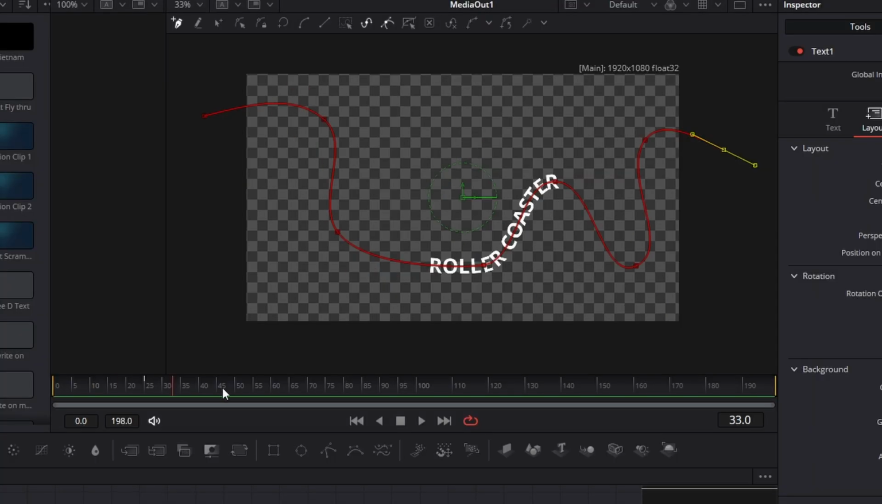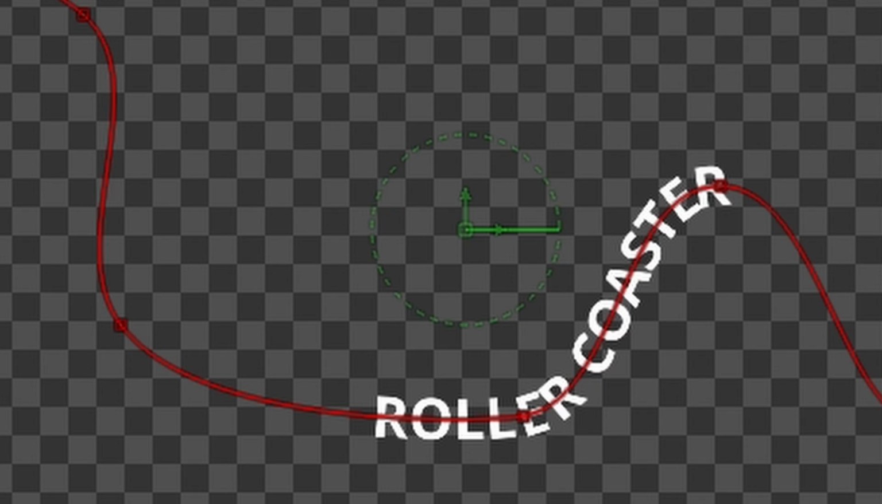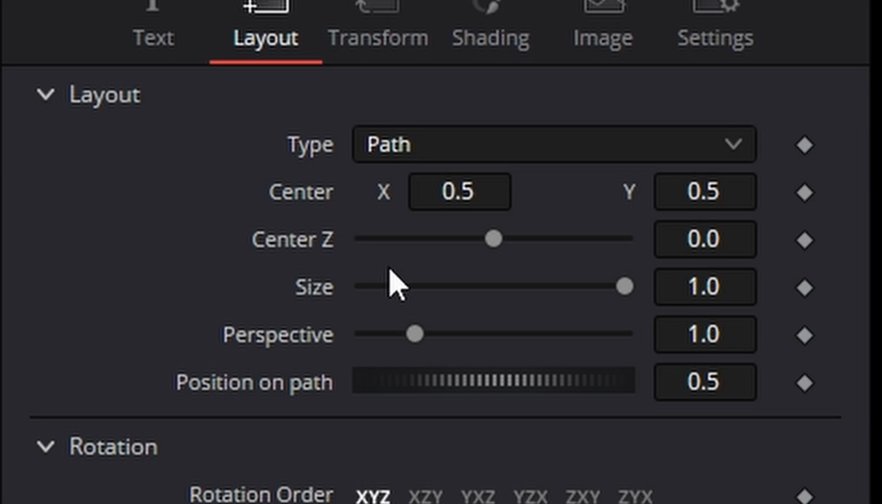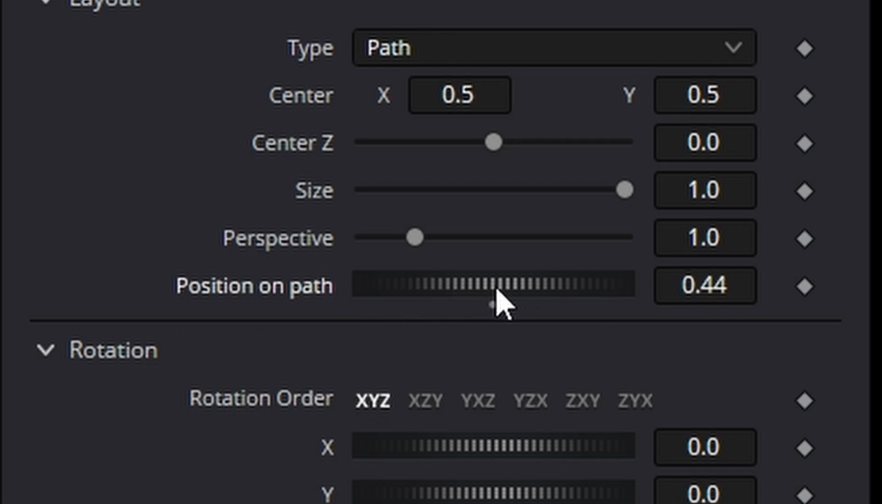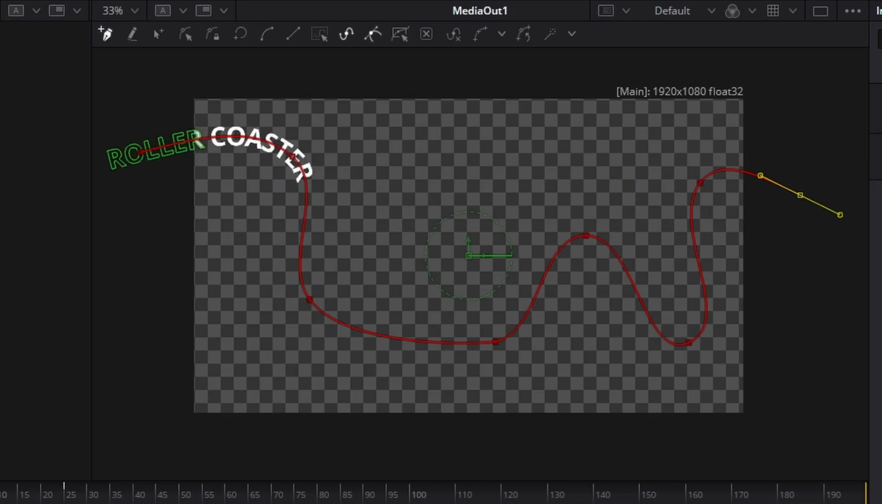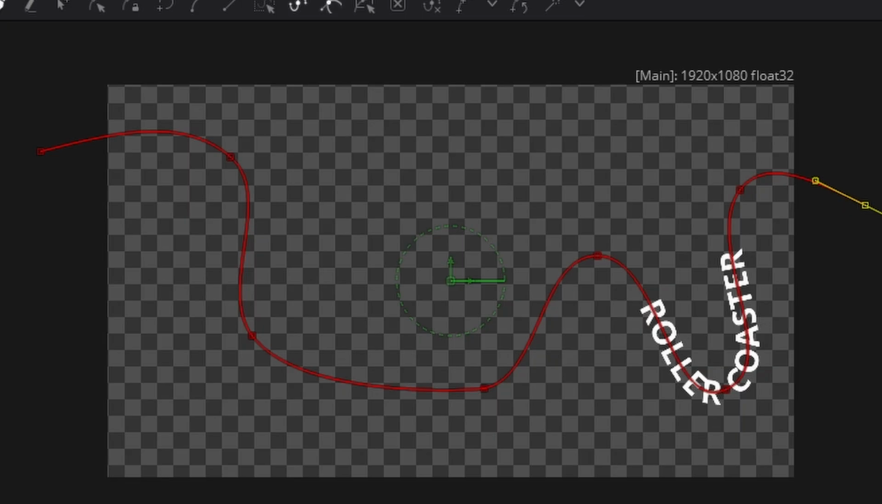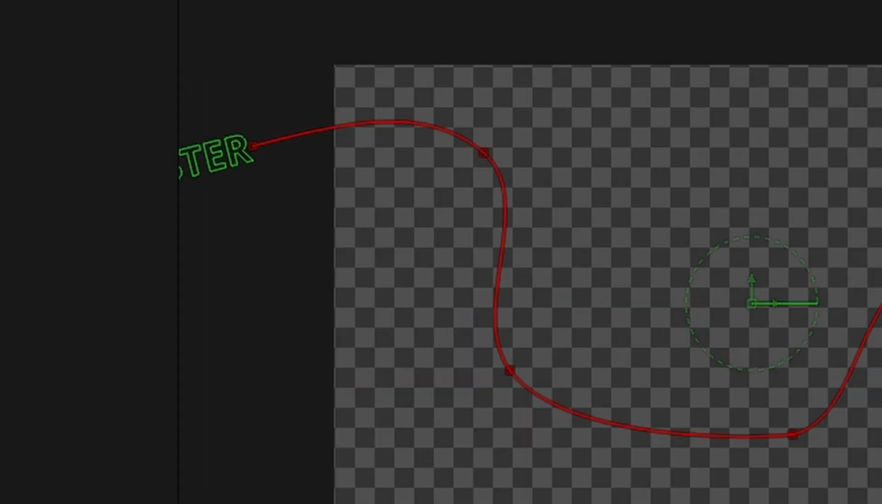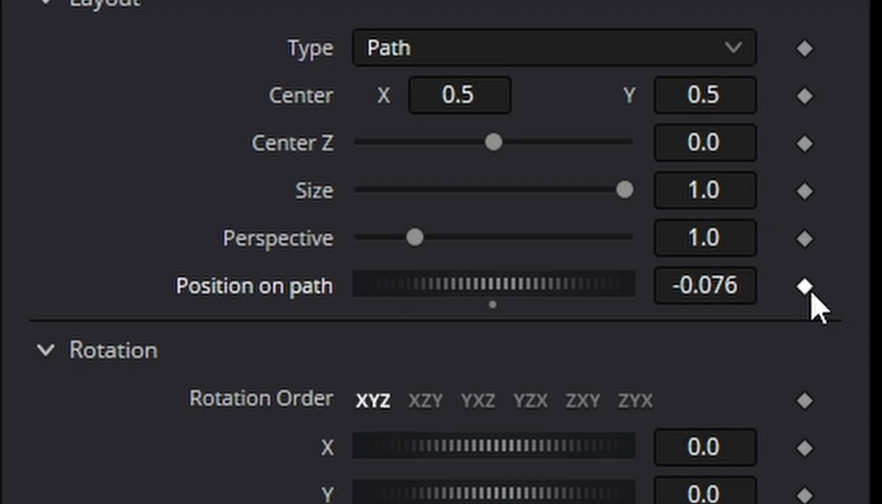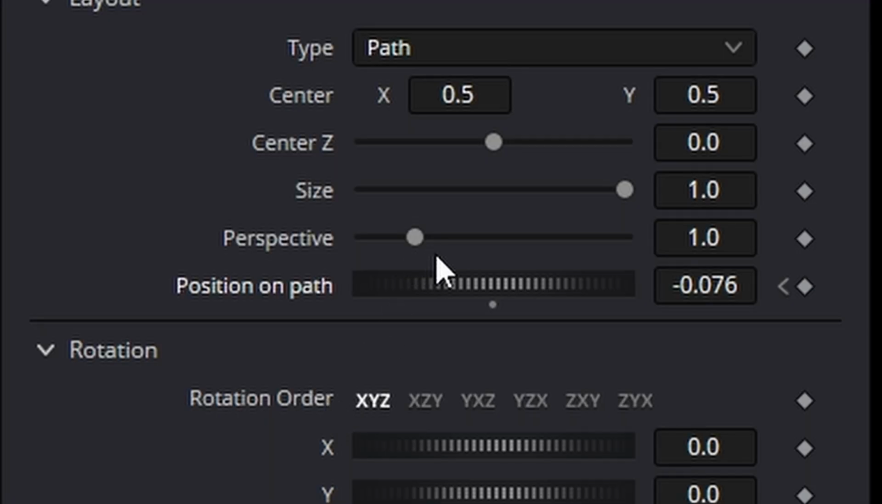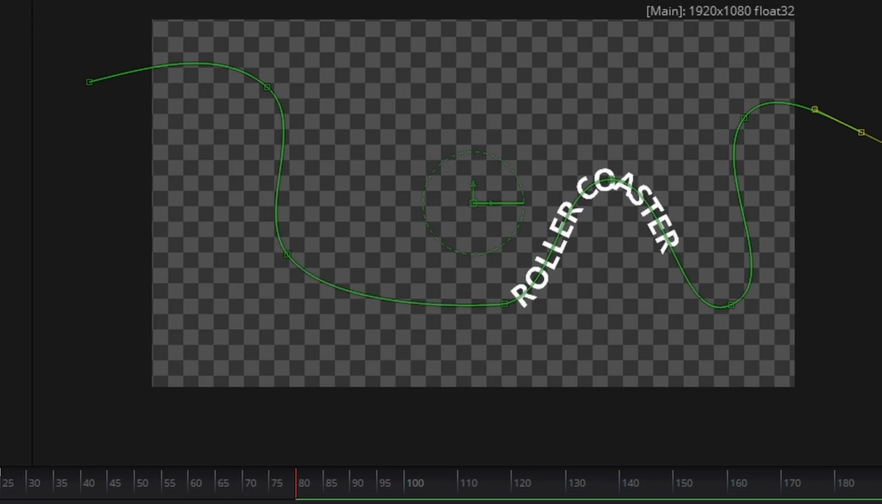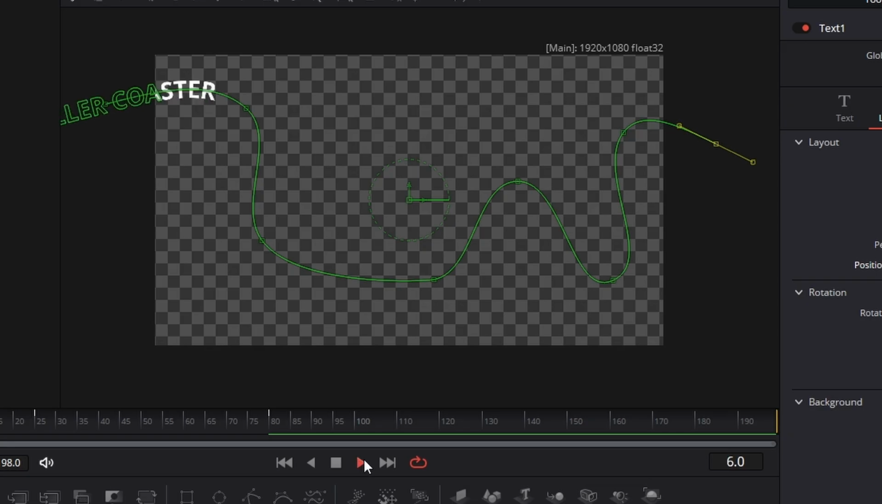Like so. Now to animate the text going along the path, I've gone to frame 0, we go to position on path. And as I move it, you see what happens, it moves along the path. So bring it to about there, create a keyframe. Go to where you want it to finish, so you could say, have it finish at say frame 18 like that. And then move the position along path like so. And then when you play it back,